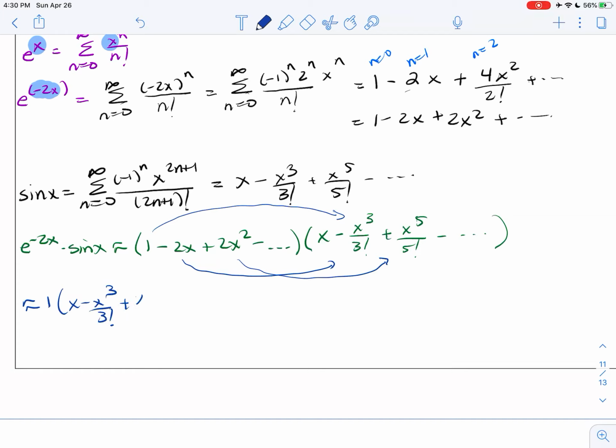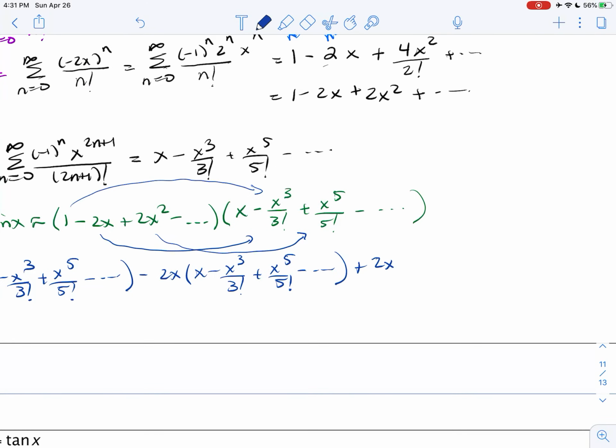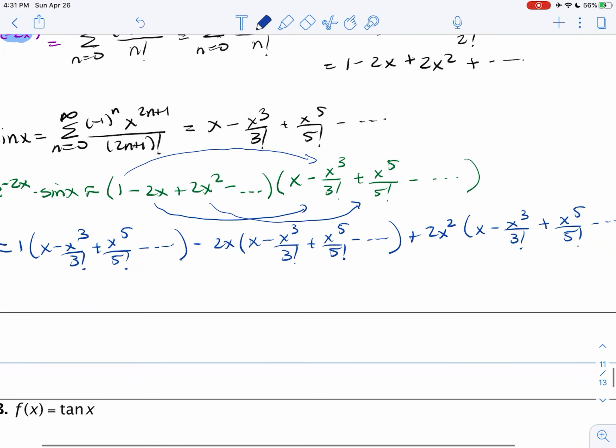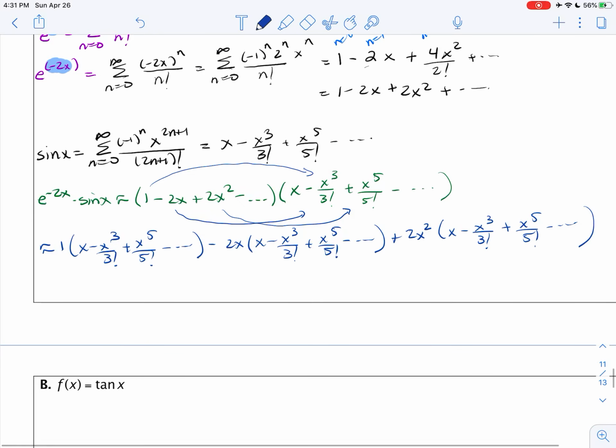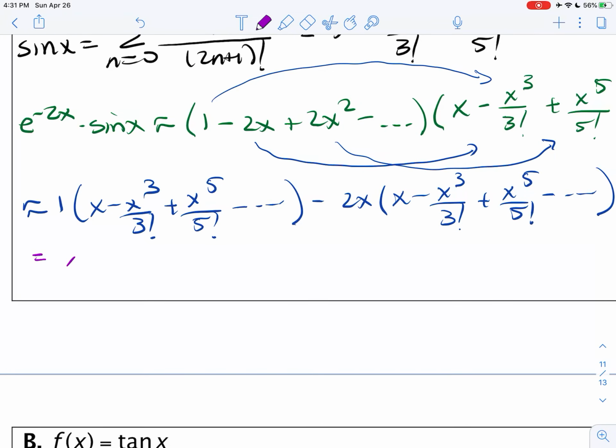So this is roughly equal to 1 times x minus x cubed over 3 factorial plus x to the 5th over 5 factorial, minus 2x times x minus x cubed over 3 factorial plus x to the 5th over 5 factorial minus, and then we have plus 2x squared times x minus x cubed over 3 factorial plus x to the 5th over 5 factorial. And now I'm going to expand my expression here term by term, and I end up with